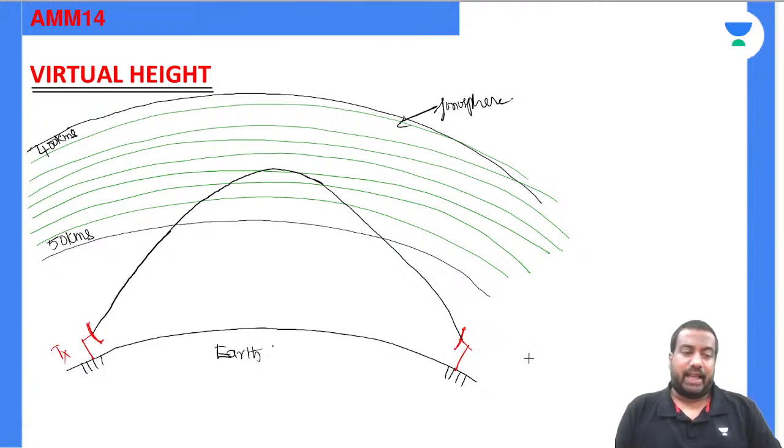Now the problem is, if you are watching from this point, can you guess at what point it is coming back? Please respond, everyone. If you are watching from this point, can you guess exactly at what point it is coming back?